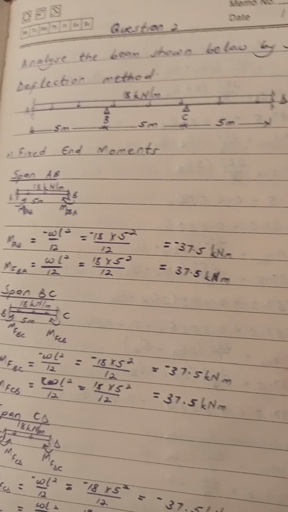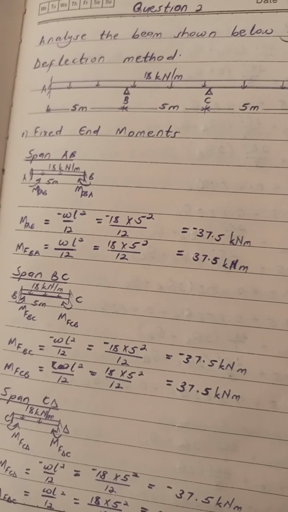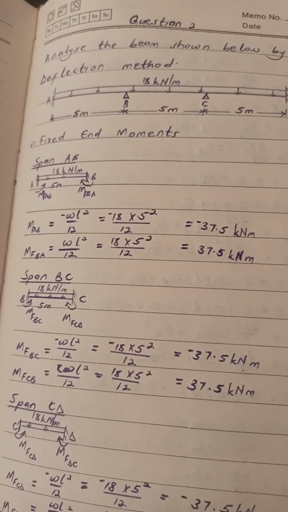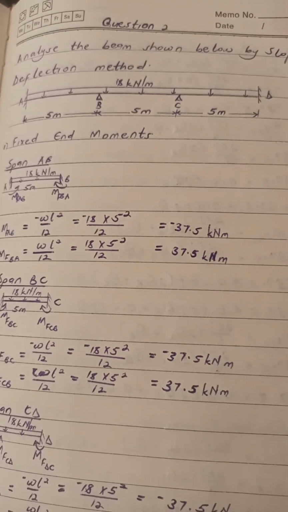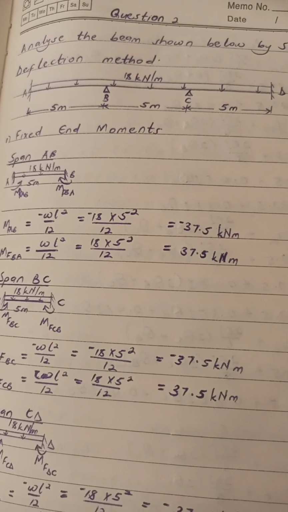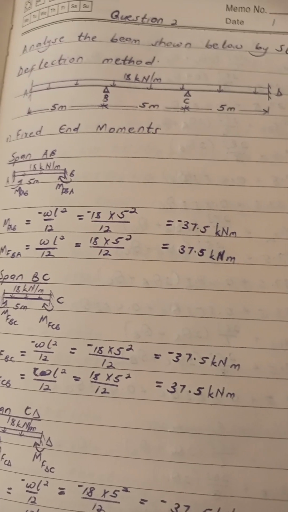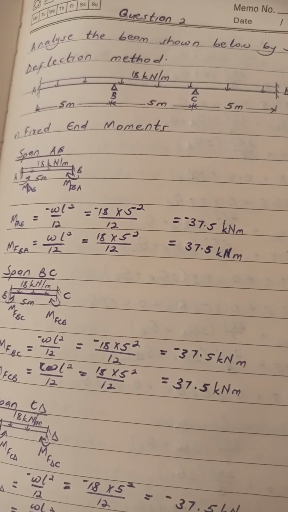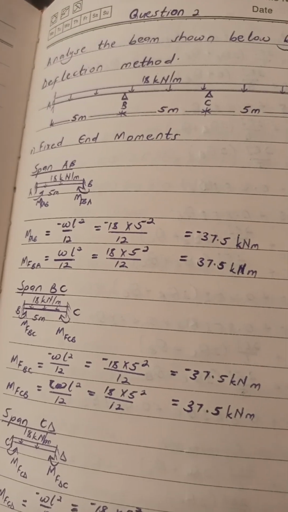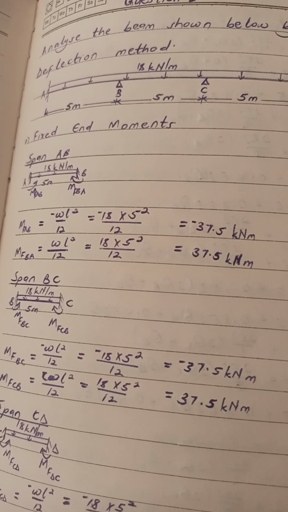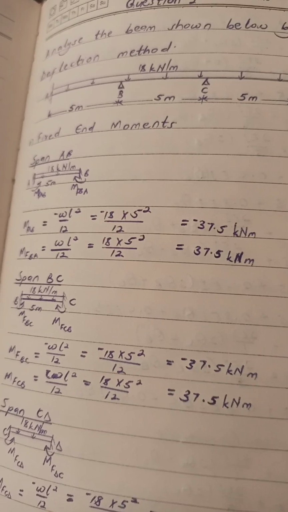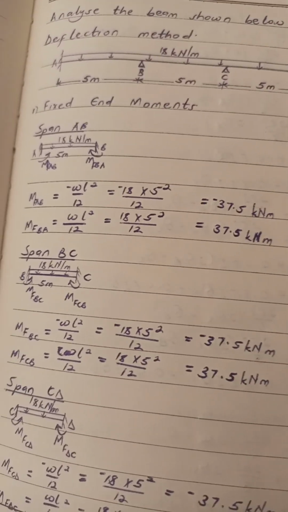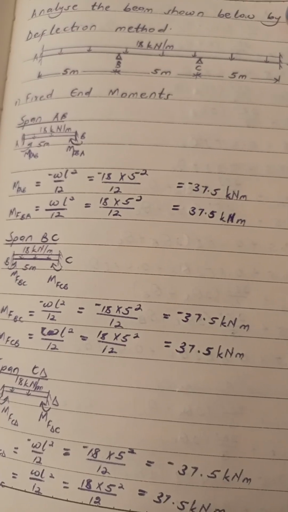The first step to analyzing this beam is finding the fixed end moments. Since we have a beam that has a uniformly distributed load, which is a UDL, and a span of 15, and each section has 5 meters, it's easier to work with compared to other beams, which may have a uniformly distributed load and maybe a point load. So the first step here is finding the fixed end moments, where we're going to first work with span